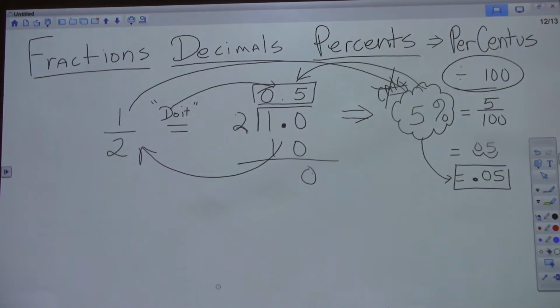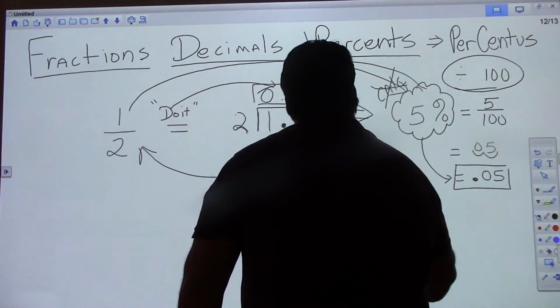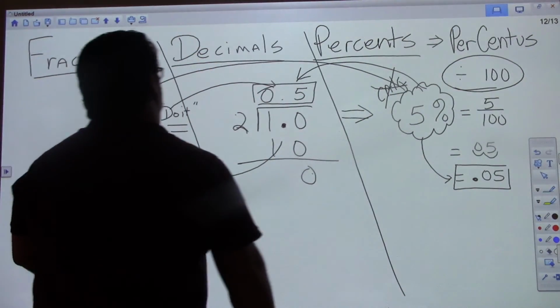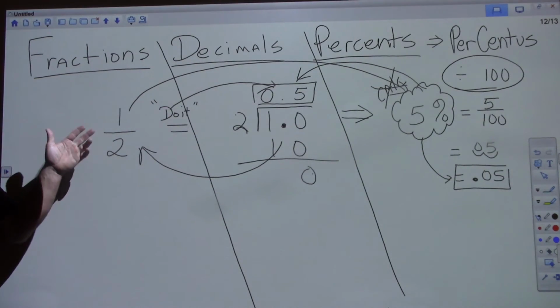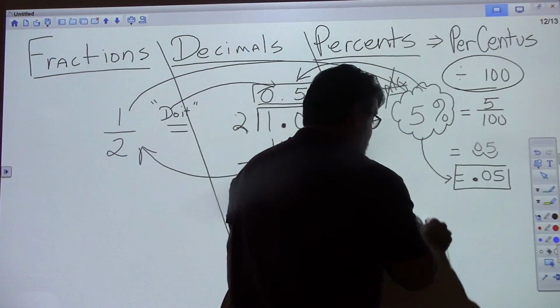Where did you get the 5%? I just pulled 5% out of there. You talking about right here? Yeah, I just pulled that out of there. 10%. I was talking about right here. Fractions, I used 1/2 and I changed it to this. And then I just pulled 5% out of the air. 10%